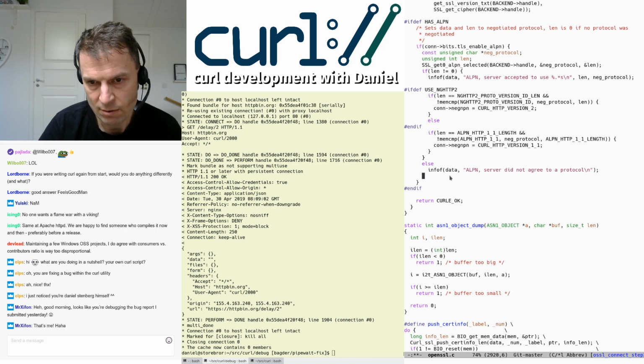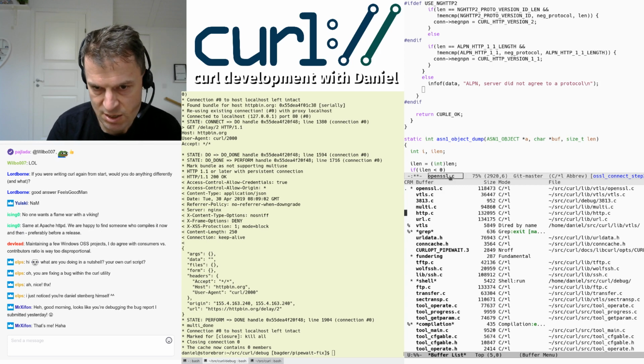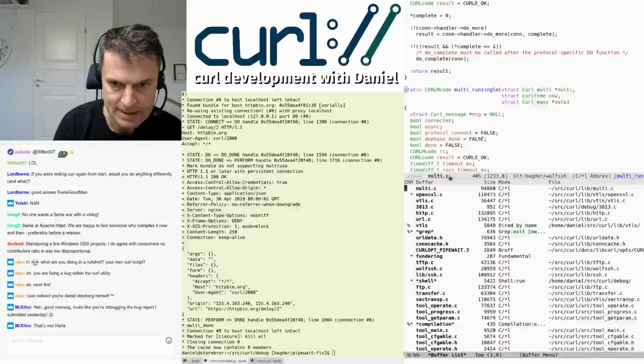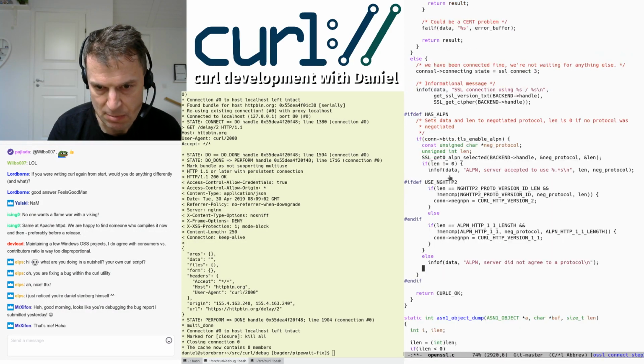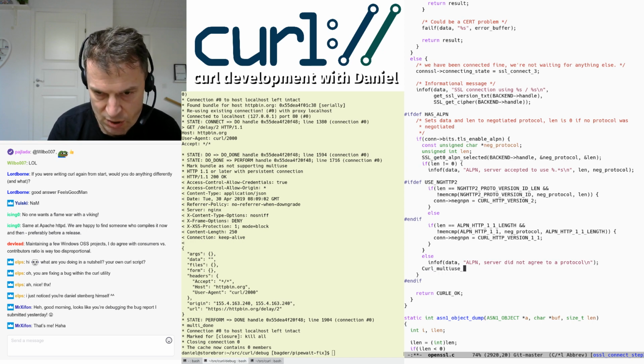So I'd rather this perhaps be something else. Maybe I'll call it just multi-use set. And then we set it on a connection, and we set it if it's